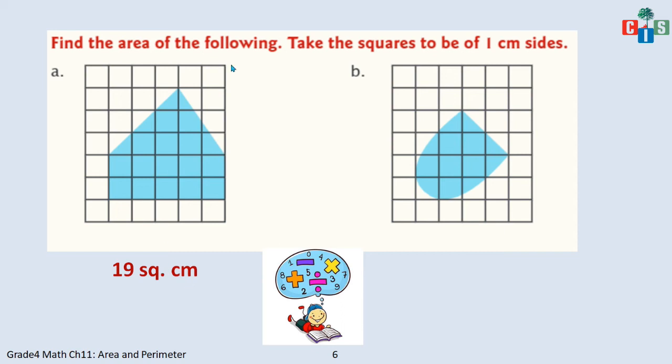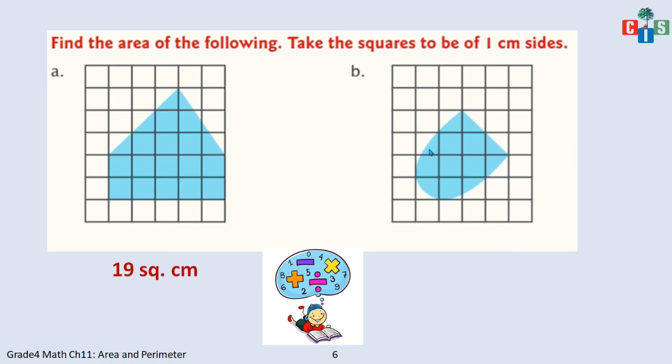Fine. Now moving on to the next question. Let's check out only the squares. Okay. So now you do it by yourself. You don't have to count for less than half. Okay. So this is more than half. 1, 2. This is less than half. So I'm not going to count that. Okay. See, if you draw a line like this, slant line. So this area is not colored. So it's less than half. So 1, 2, 3, 4, 5. This is 6. I am going to count it because it's half.